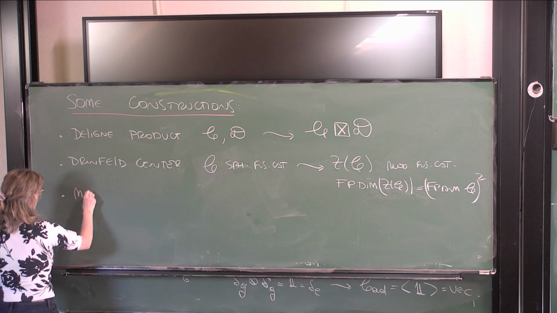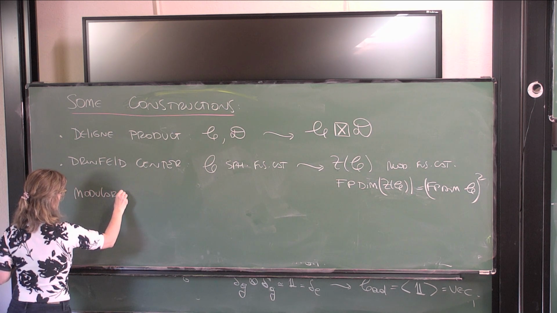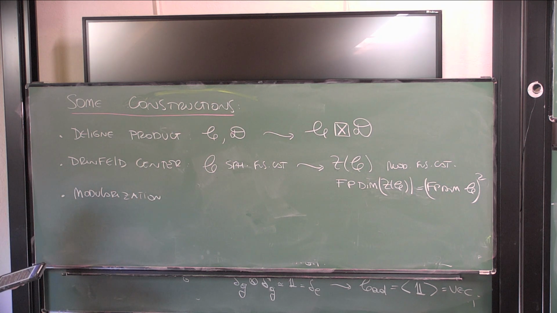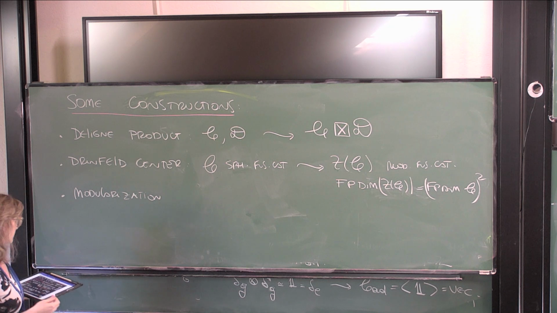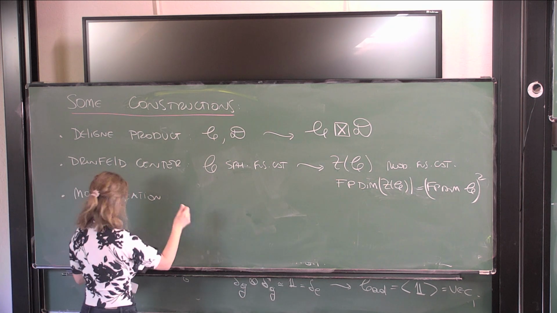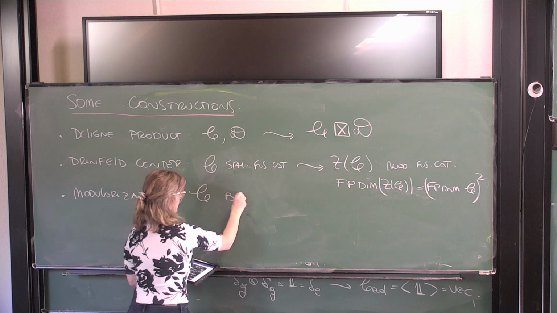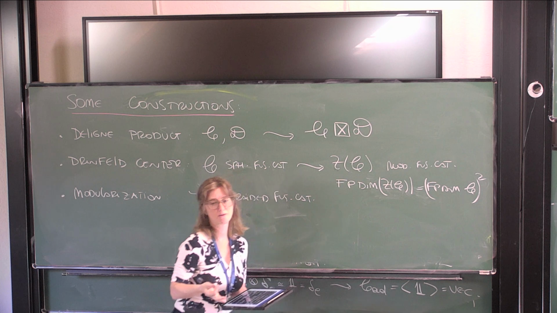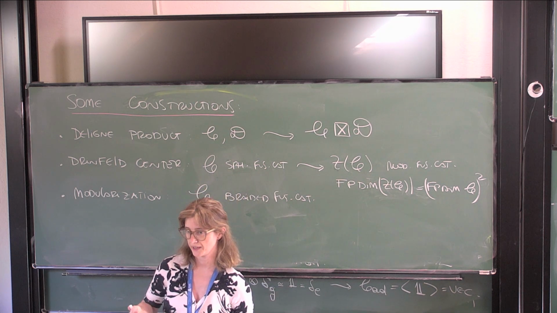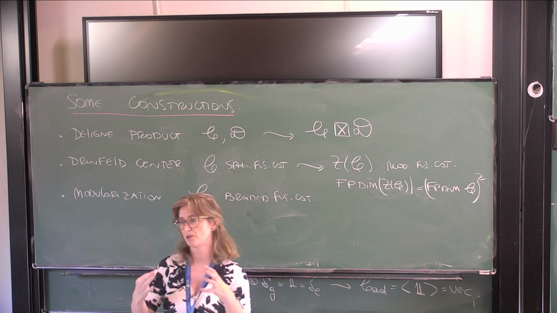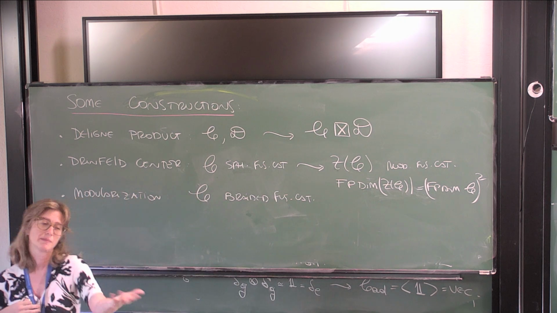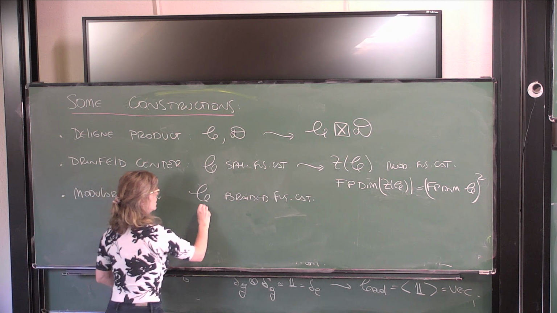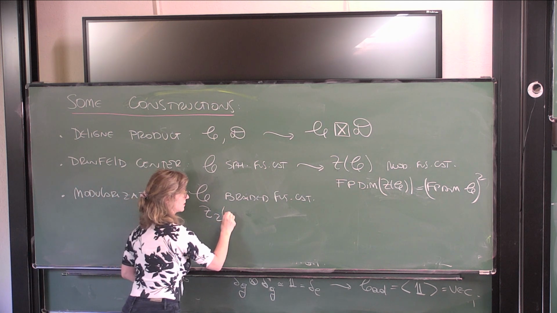Then there is this construction called modularization that was independently described by Müger and Bruguières. And later I will say one maybe more general case, but if I start with a braided fusion category, I told you that we can measure how far we are from being non-degenerate by looking at this subcategory that was important, the Müger center or the symmetric center. I mean, it measures how far you are from being symmetric or modular, or non-degenerate, in the string cases.